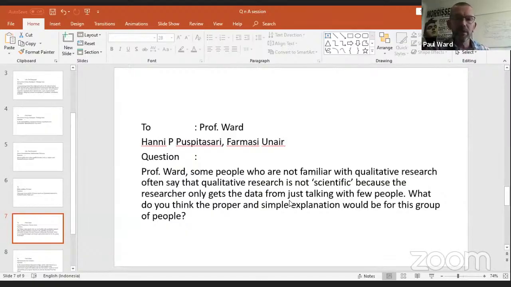The people within pharmacy who are trained in quantitative methodology, trained in the scientific paradigm, would always say to me, but all you do is talk with a few people or observe a few things. In what way is that properly scientific? I've had this argument thrown at me for 25 years. And I guess the response to that is